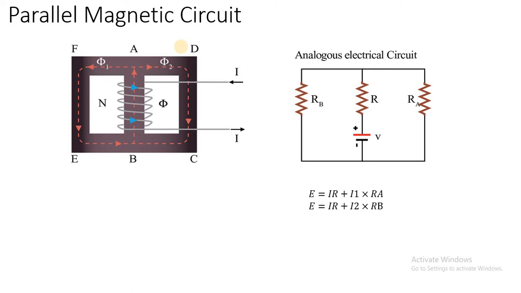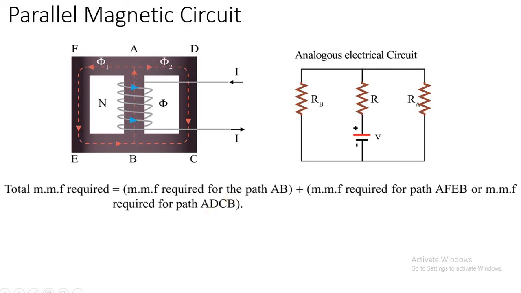Is it simple to understand? Yes, ma'am. Okay, when flux divides, it is a parallel magnetic circuit. And when flux doesn't divide, it is having only one common path to flow, it is called a series magnetic circuit. Now, in this magnetic circuit, you will not have any numerical. They may ask you only theory questions because they have mentioned that this particular topic will not have any numericals. But they may ask you twisted theory questions. So now let's try to understand logically.